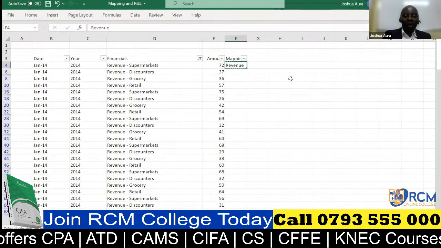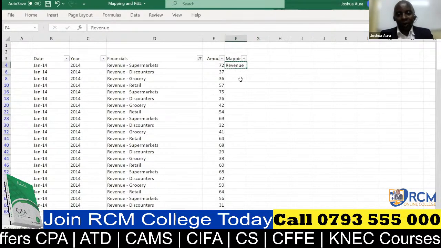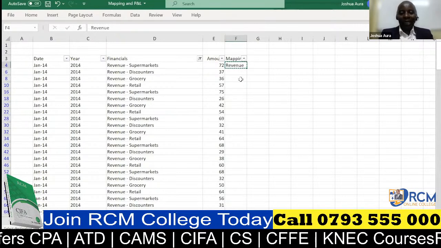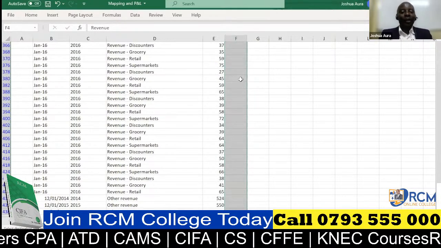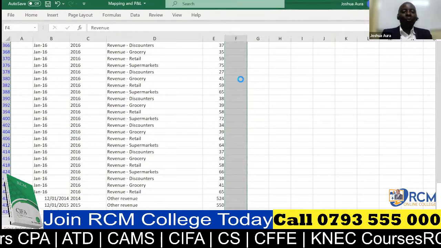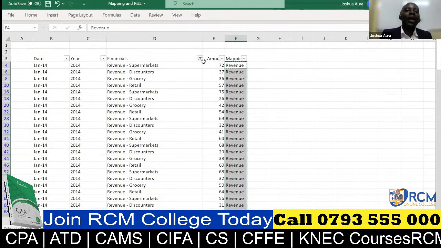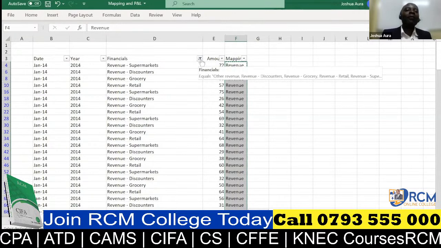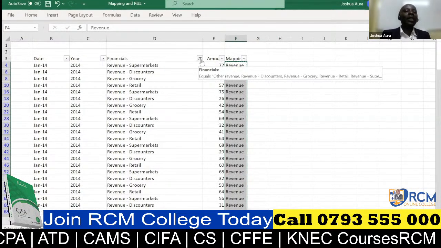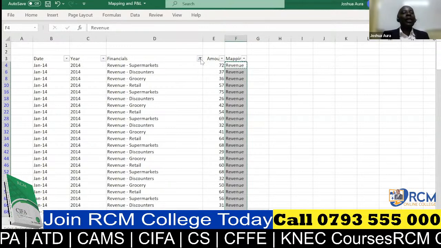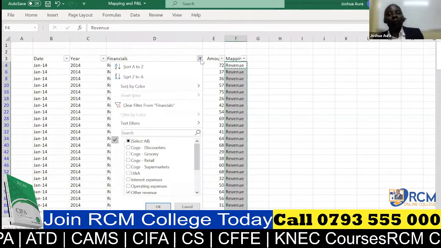So the only way is to highlight the entire column by saying Control Shift End. Once it has gone to the end, now say Control V. And now after you're finished there, please go and attack this filter again. You know that the next thing, ladies and gentlemen, after you've been able to filter revenue,